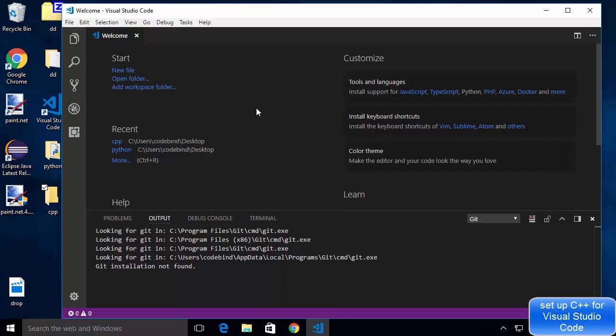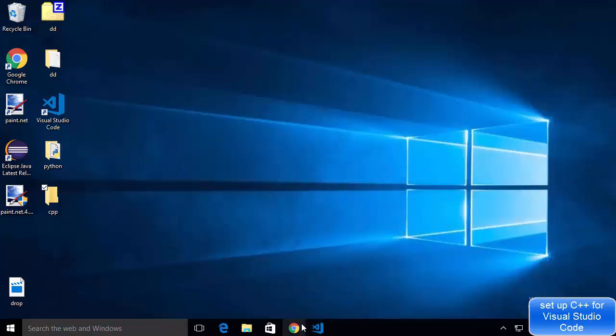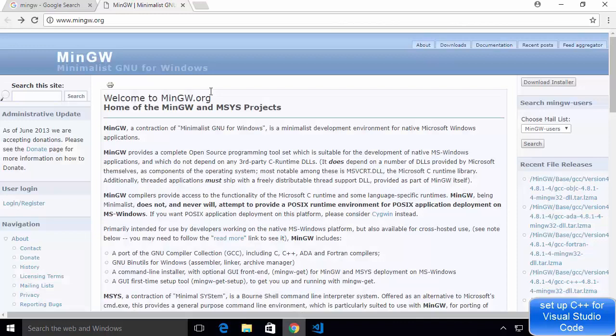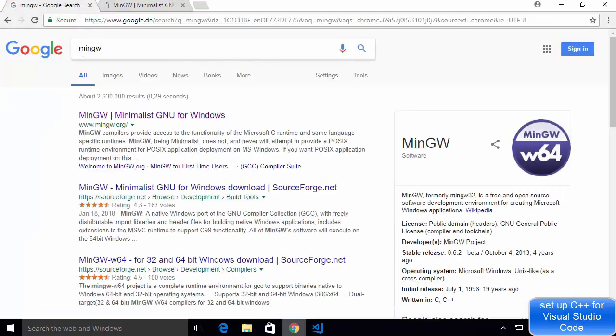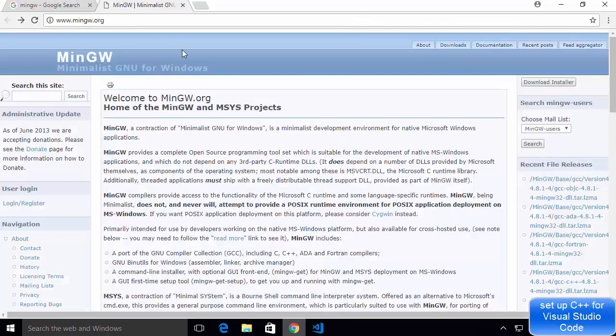Now the next thing we need is the MinGW compiler. So I'm going to show you how you can download it. You just need to search for MinGW here, and the first link which will appear here will be from mingw.org. And when you open that website, it's going to show you this kind of website. We just need to go to the downloads tab here.